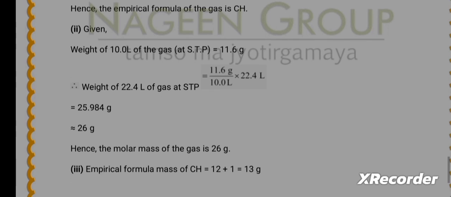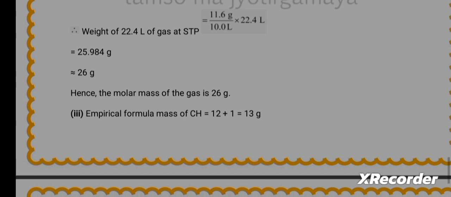Now here we can calculate the molar mass of the gas. Now after solving this molar mass, the third step is to calculate the molecular formula. You all know that the molecular formula has to be calculated from the empirical formula. Now the empirical formula mass is CH, that is 12 for the carbon, 1 for the hydrogen, and it comes